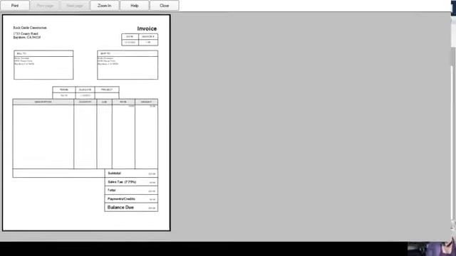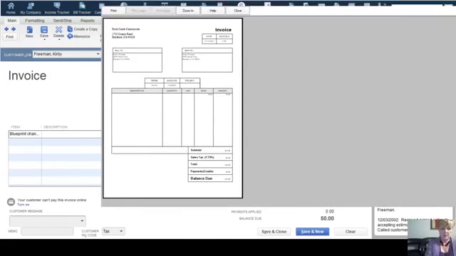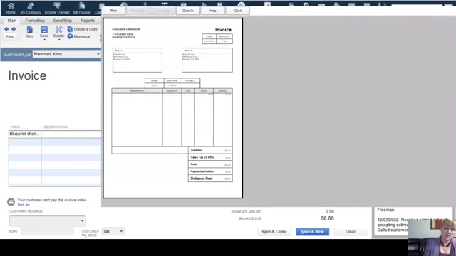So, and while we're waiting, you see we have a bill to and a ship to here. In this particular case, our bill to is the same. We can create a bill to, which maybe would be the parent company, and the ship to would be the job, or a subsidiary, or